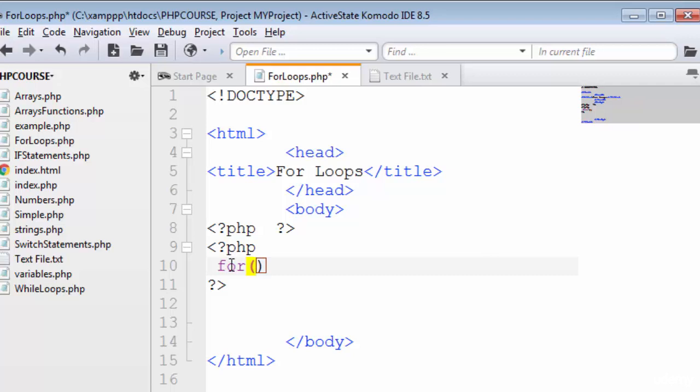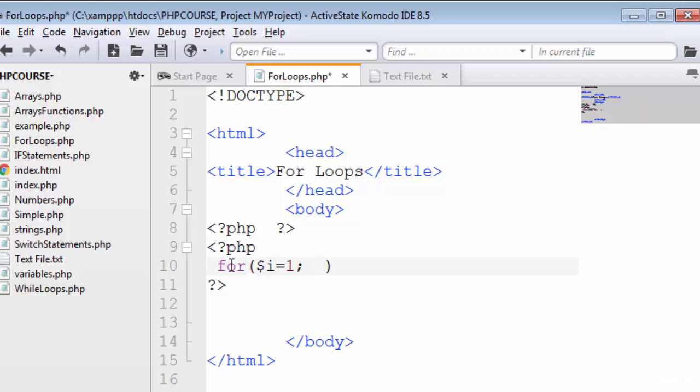So in this case I'm going to add one initial step in which I'm going to define one variable of I, and for now the initial value will be 1, then a semicolon, and after that I have to define the condition up to what number my for loop works.